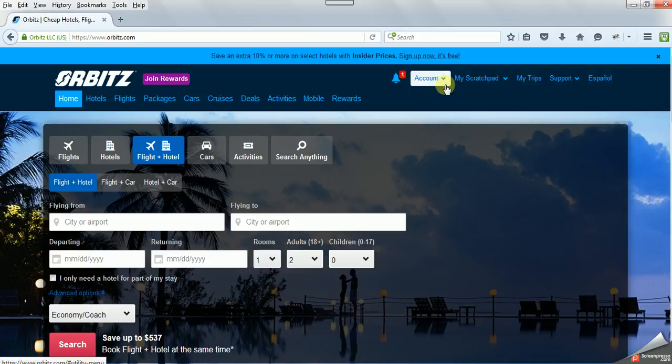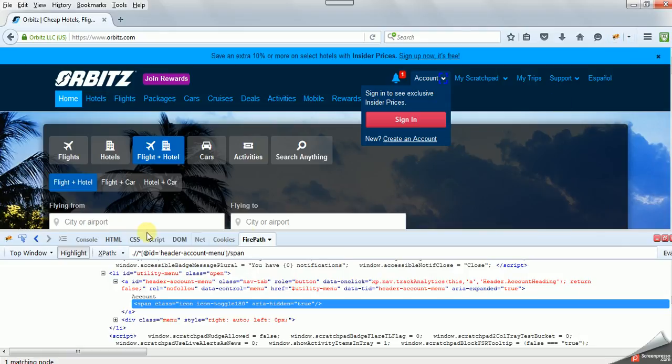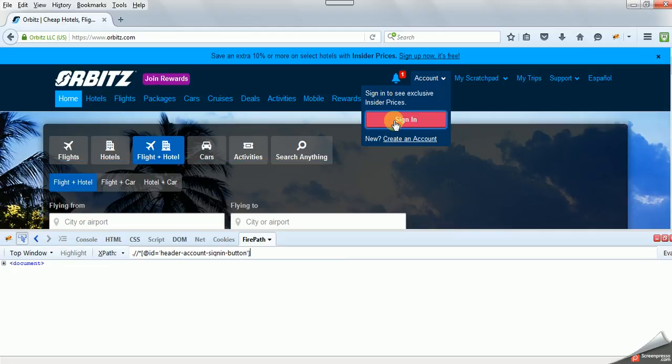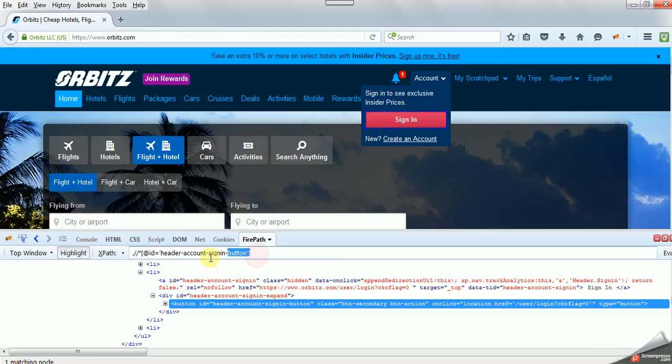I have to close this one and see that sign in button. Okay, now go to the pointer and here see this is the Xpath we are using here. Copy,